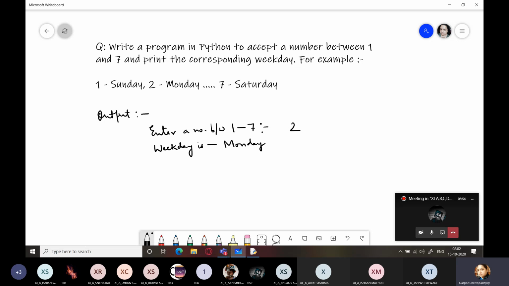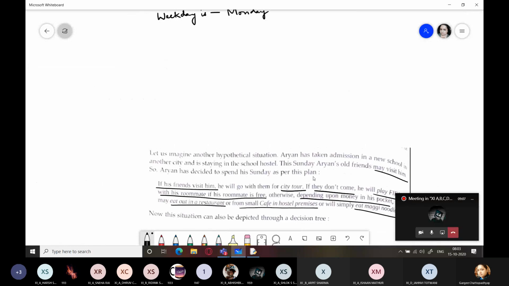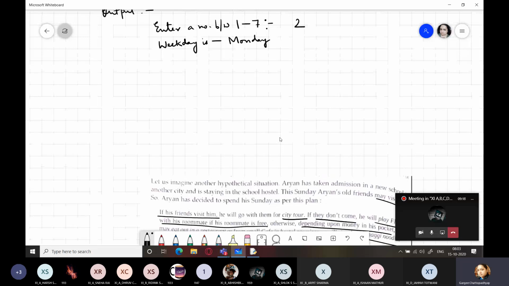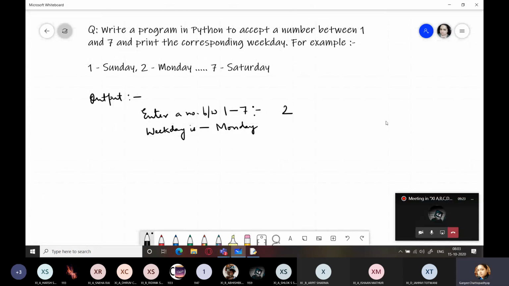You have a notebook with you, write this program. First of all, we will start with creating a flow chart, okay? First, note it down properly. First of all, draw the flow chart.